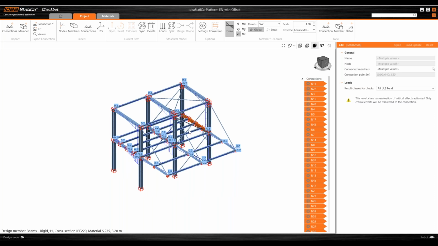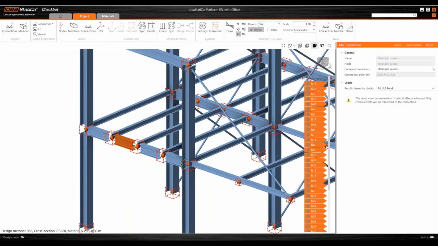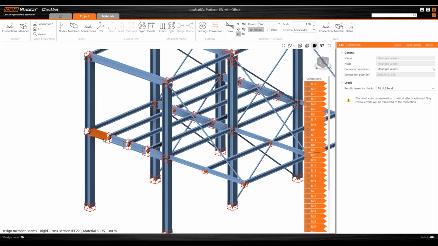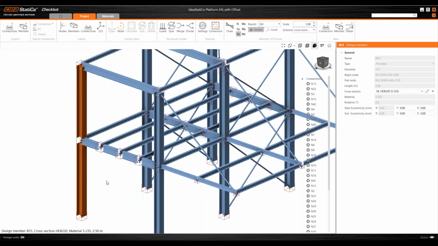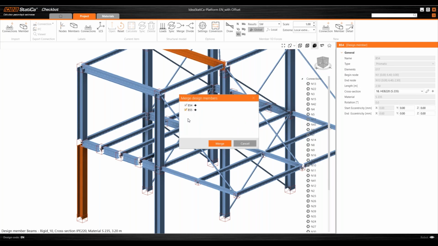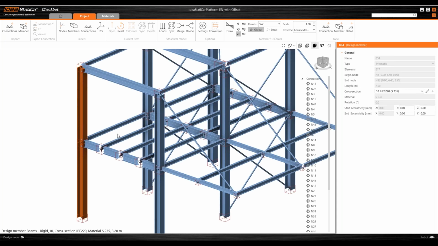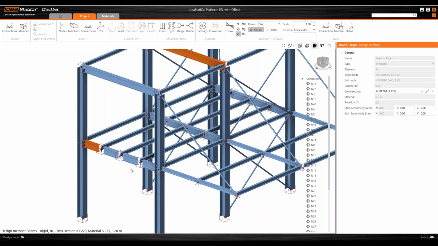one trick right here, because you have some joints here that are actually not continuous, like one example here. In Checkbot, you have the possibility to actually merge all these members. So all you have to do is just click on merge, and then this will merge all these members. It doesn't affect any of your loadings. IDEA StatiCa already captures that information. So I can merge all this stuff,